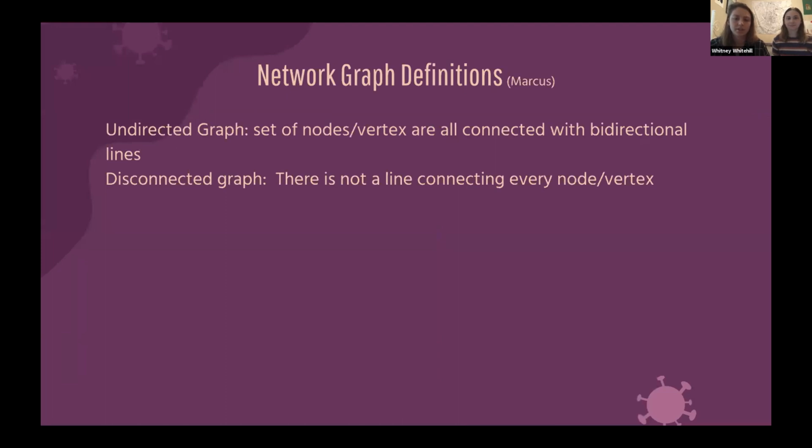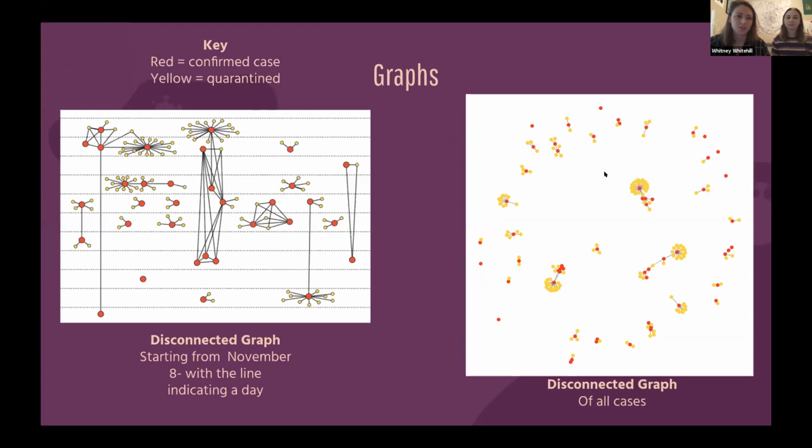So we created additional visualizations using network graphs, and 2 important definitions to keep in mind are undirected graphs, which are graphs where the lines and the edges are bidirectional, so there's no arrow indicating how the spread was made, and a disconnected graph, which means that every node or vertex does not necessarily have a line connecting them. And so as you can see here, here are 2 graphs. And so to the left, this is by